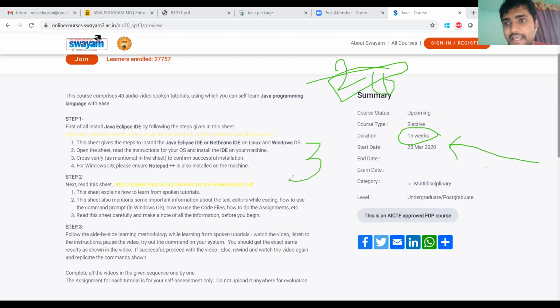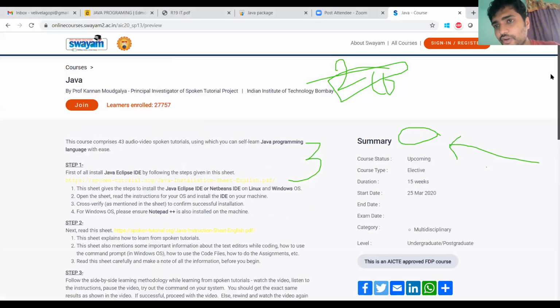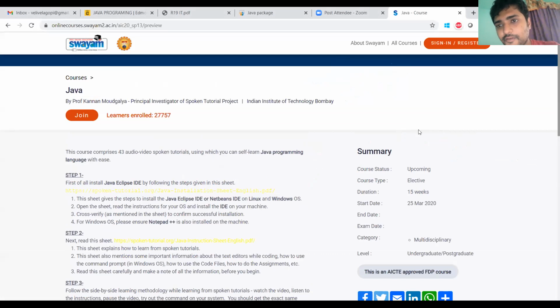For the next semester, you can practice Java. Register for a Java course and practice it, and see how they explain the programs and the concepts. You can get the Java certificate also, which is very useful.